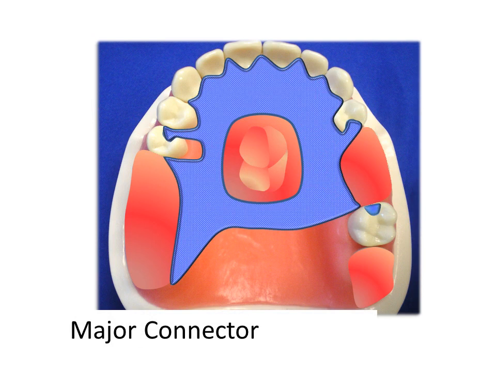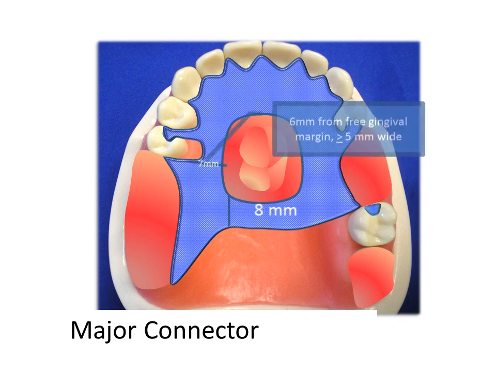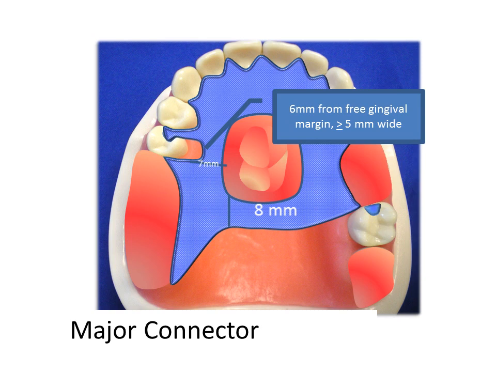Selection of the major connector is limited by the presence of the inoperable torus located in the palate. Dr. Goon, what are our options here? We have room for a posterior strap of about 8 mm in width, and lateral straps of 7 mm minimum width. I believe that the anterior-posterior strap will do nicely here, as it is more rigid than the U-shaped major